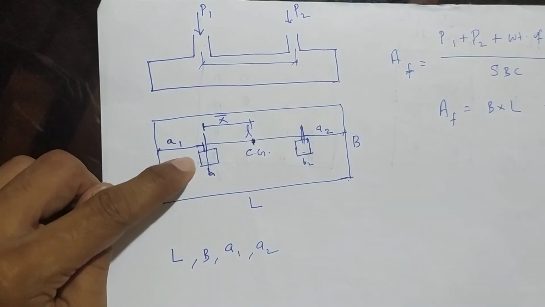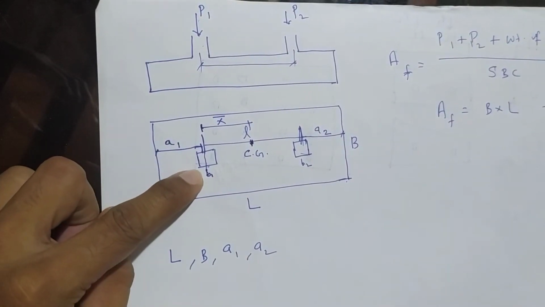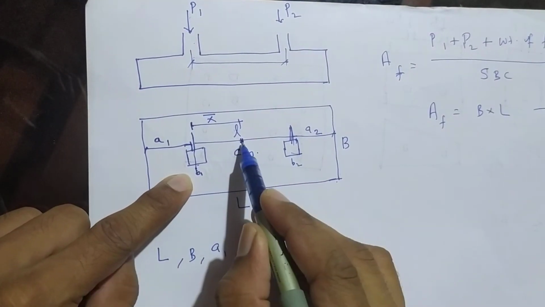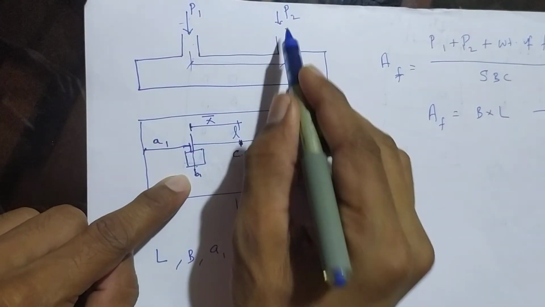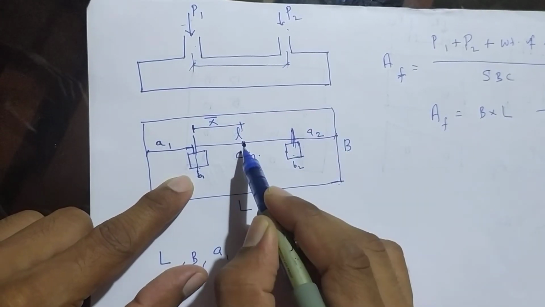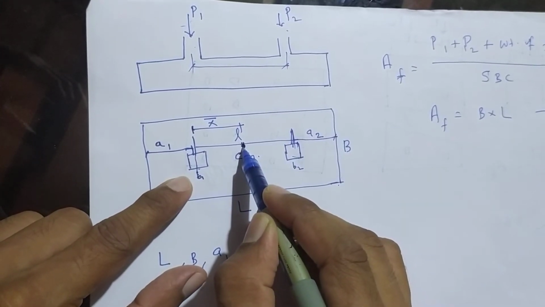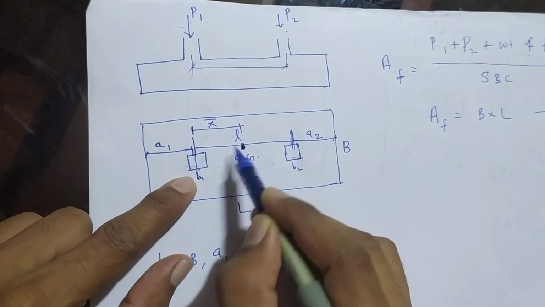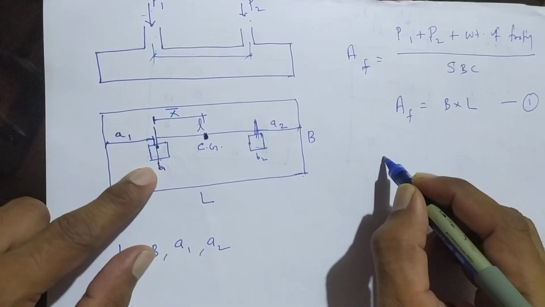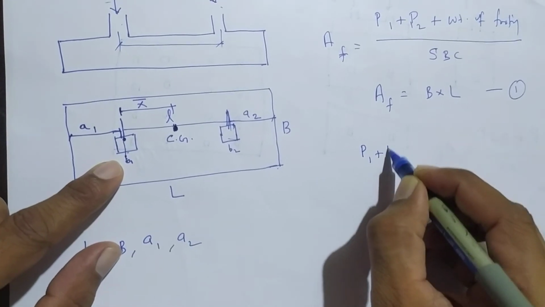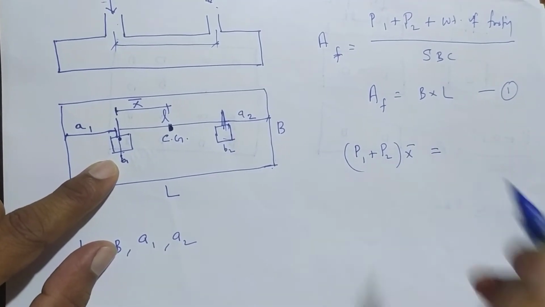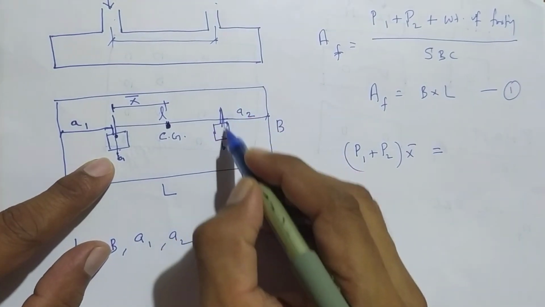So if you take moment about the center of the first column, P1 plus P2 will be acting at the center of gravity, multiplied by the distance to the center of the first column. So P1 plus P2 into x bar is equal to P2 here,